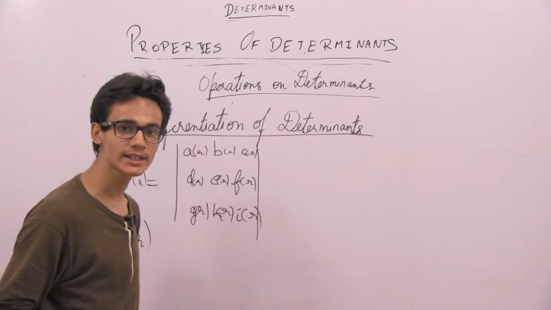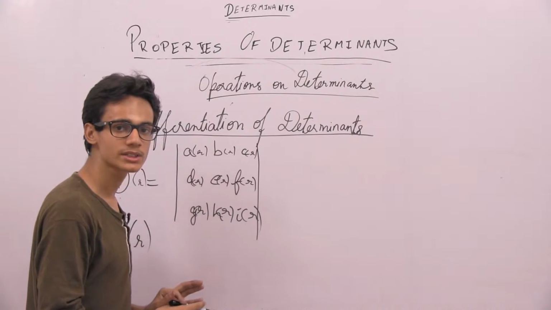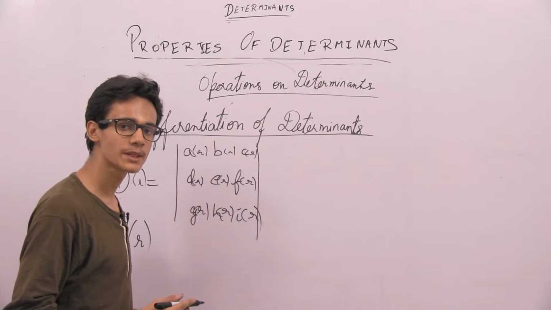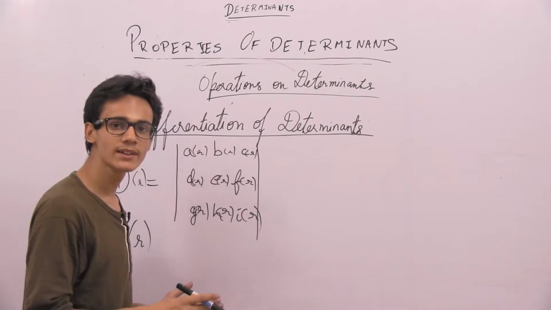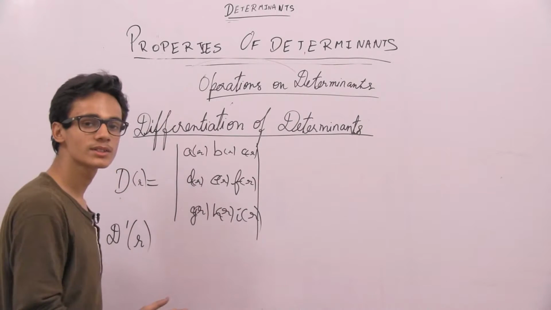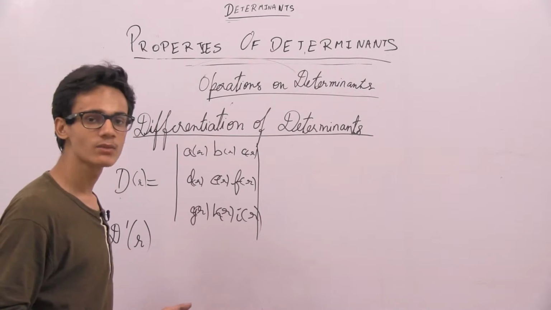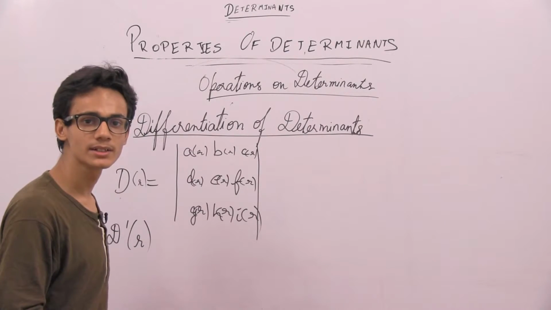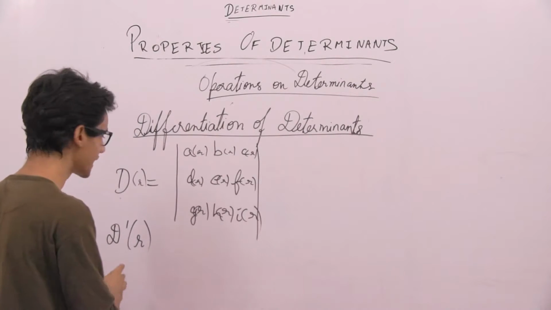Then after we get the expanded equation of this determinant, we take the derivative with respect to r. But there is a shortcut in which we can find the value of the derivative without the need of expanding. If we have to expand, then what is the use of making the determinants here? The main use of determinants will be if we can directly find the derivative